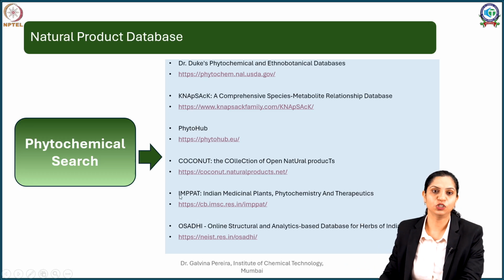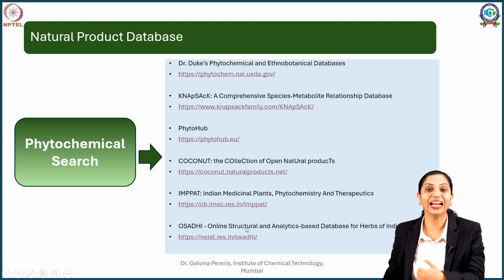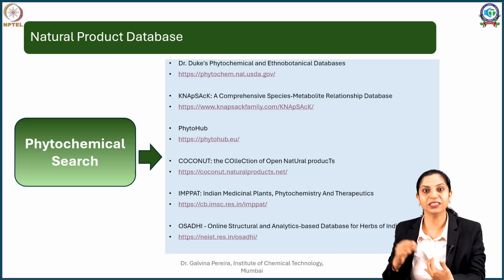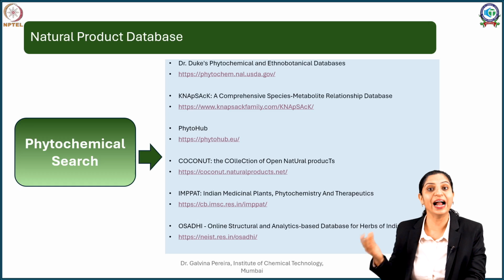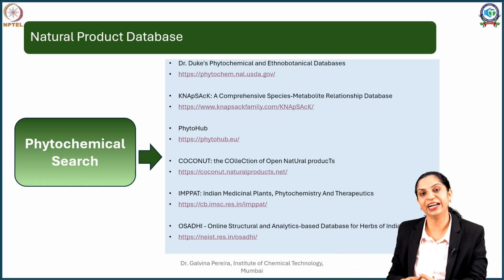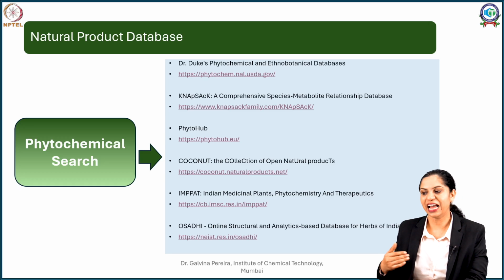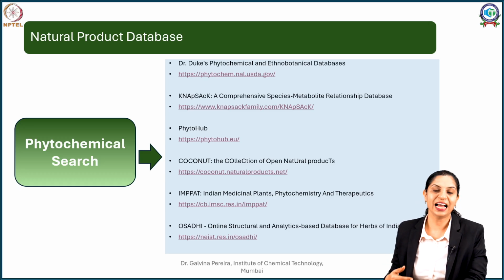These databases, especially Dr. Duke's database, KNApSAcK database, PhytoHub, COCONUT, IMPPAT, as well as other databases are going to help you curate that list of phytoconstituents. Many a time you might see overlap between the databases, but sometimes some of the databases will come up with add-on compounds. So you consolidate them and come up with a new curated overall list. Still, many of these databases are at developmental stages, and as a result you will see many of them incomplete in terms of their information. But as they develop, more and more compounds are being added.